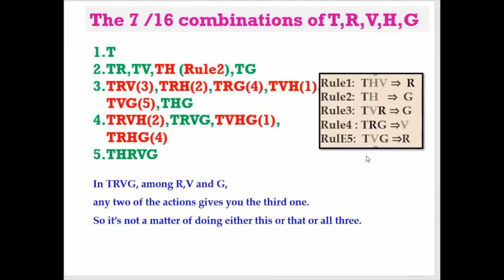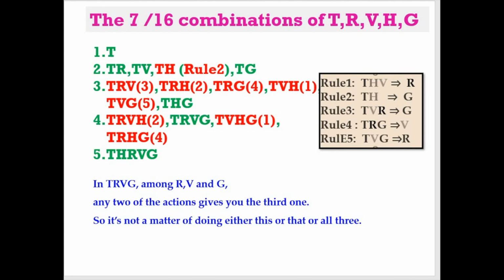So keeping these rules in mind, now we have said that there will be 16 combinations. How is it that we get 16 combinations? See, in the frieze pattern, we can see that translation is a must. Only by translating do we get the entire pattern. So translation is a must. So you cannot have just rotation alone, just vertical reflection, just horizontal or glide. So that is ruled out. That means of the 5 taken one at a time, we have only T, the rest are not there.